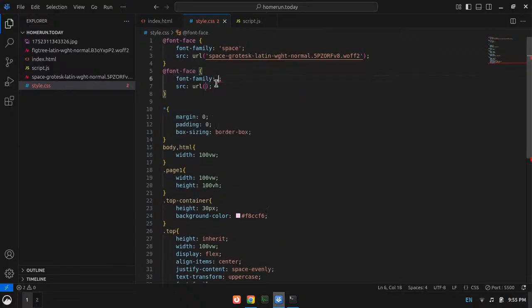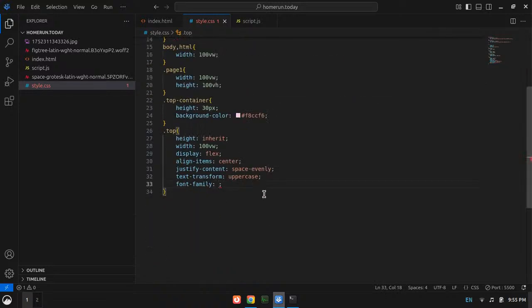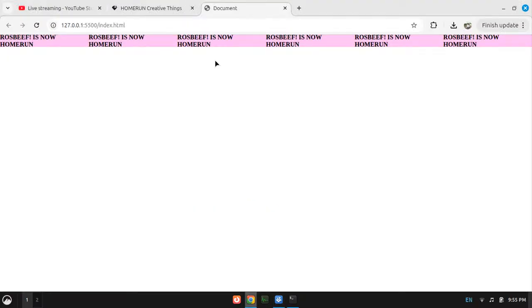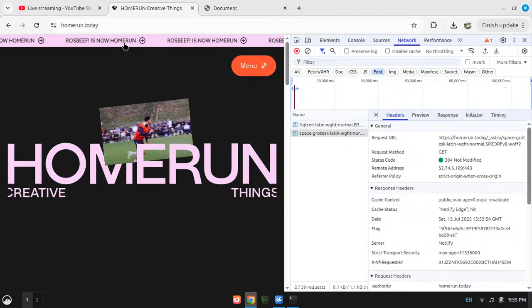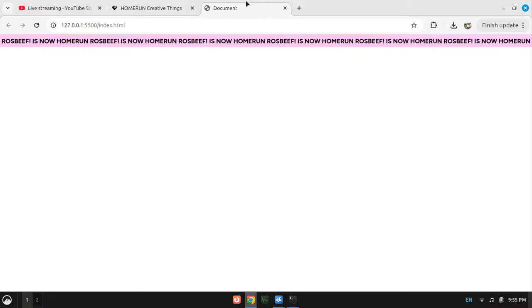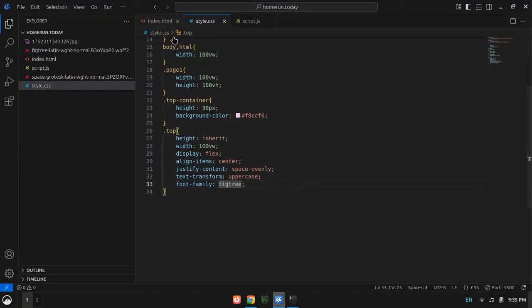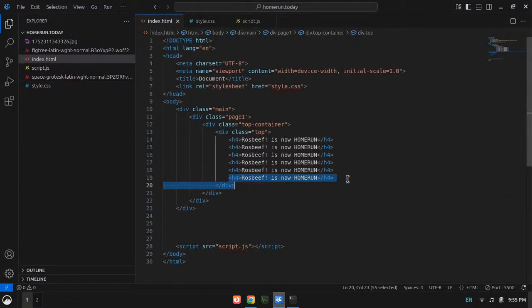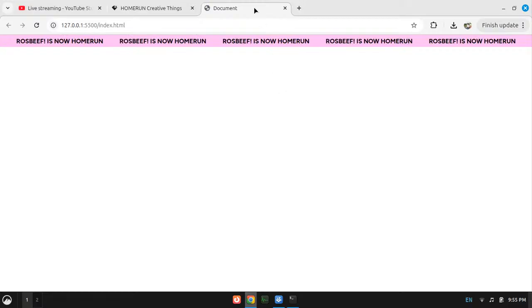Here the URL will be fig tree, and here will go the fig tree URL. Okay, and I am not sure which font is in use here. Is it fig tree? Yeah, I think it is fig tree. Okay, I think I have too many of the H4s there. Yeah, 5 of them is okay.